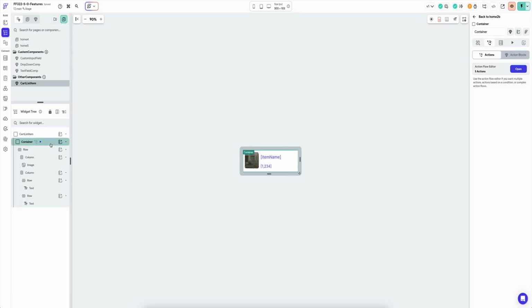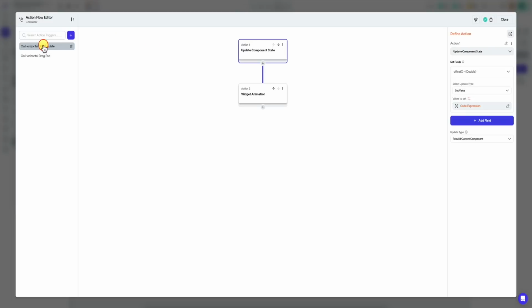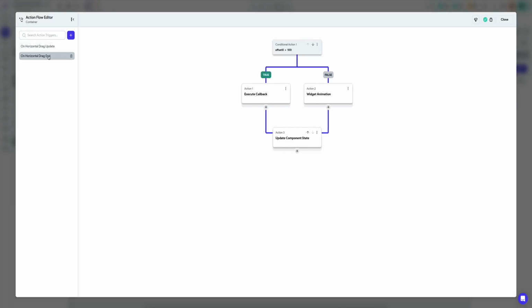So we have this container and we have our triggers, right? This is what starts everything, right? So if you open this, we have just two triggers, right? And these are both horizontal events. Okay, so because we want to know what happens as the item is being dragged. This is this drag update. But we also want to know when it finishes, when the dragging event is finished, because we need to understand